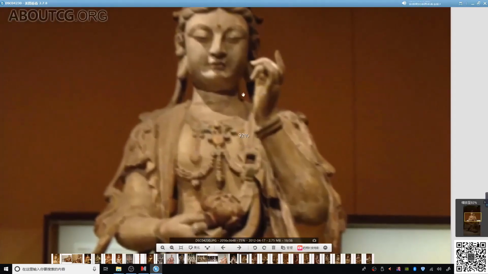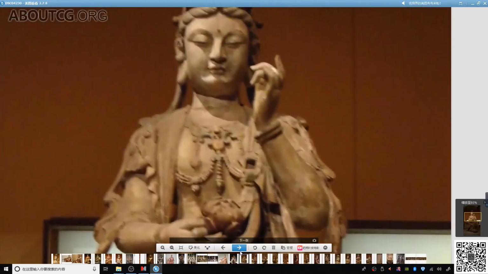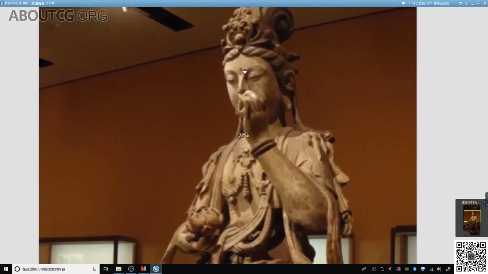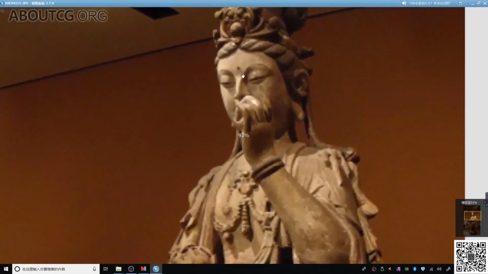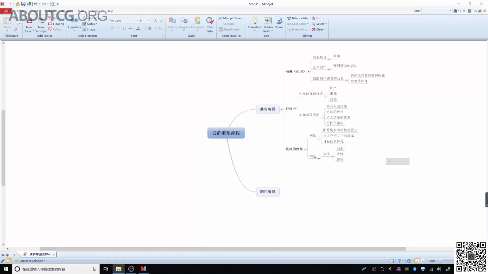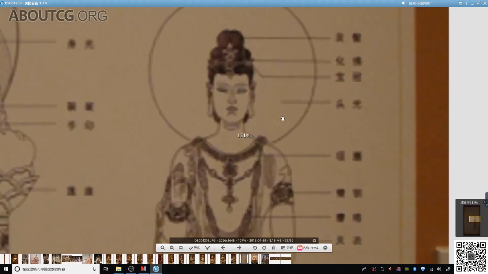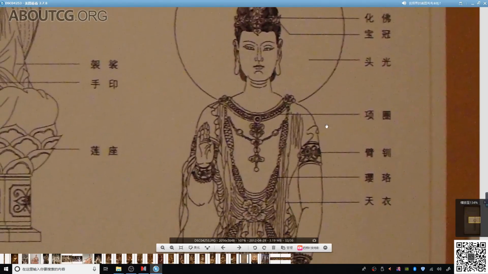Let's check if this one is available, and it is. Do you see it? This one isn't very clear, but it is there. Can you see it? This is set with gems embedded in the middle. It turns into a white oyster. The white oyster shines. In other words, it shines.